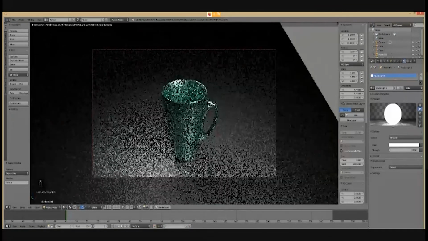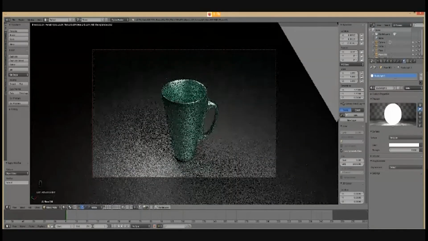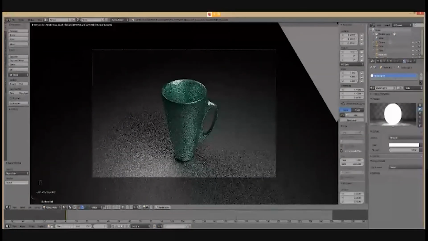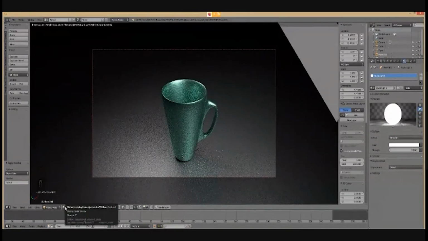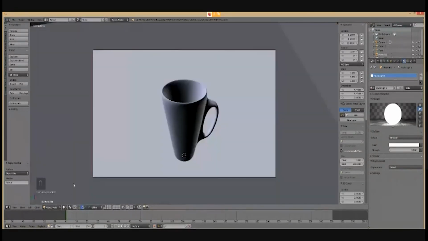Let's assume I'm happy with this view. Let me just slightly change it up. Let's assume I'm happy with this view and this is the final view that I want to get rendered. So materials, everything has been allotted. If I'm happy with this view and this is finally what I want to get rendered, I'm going to go back to solid again. And for the final rendering process, on the right hand side,